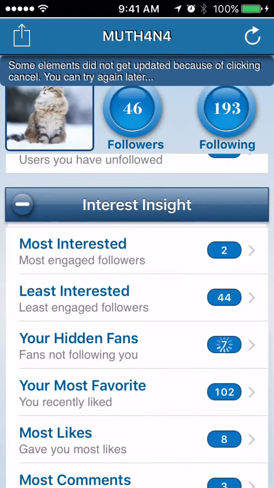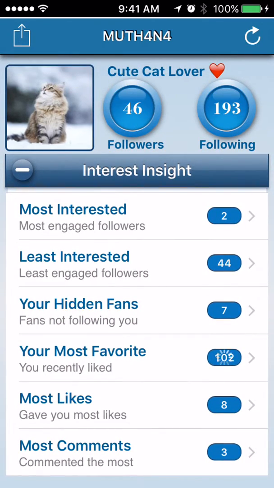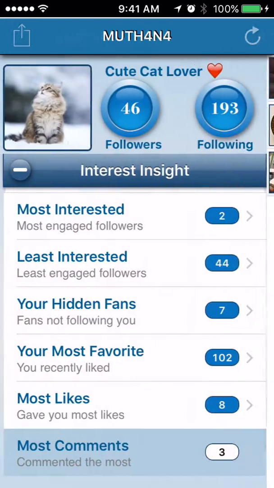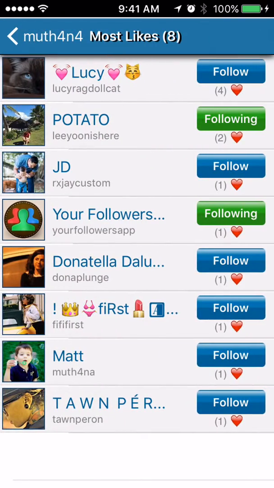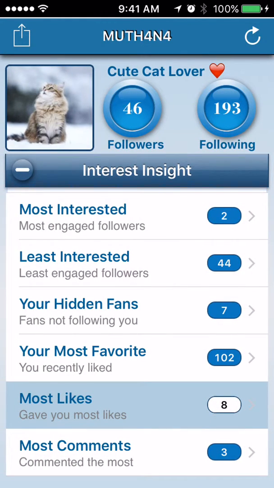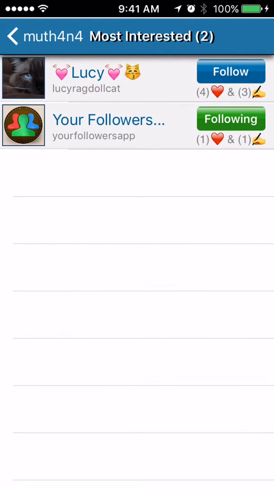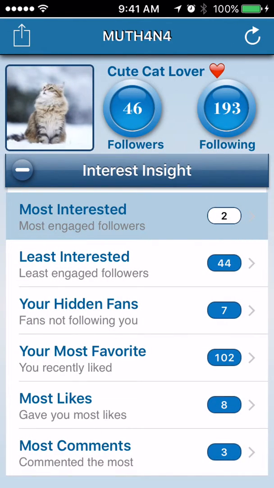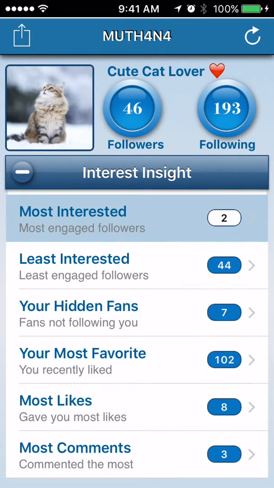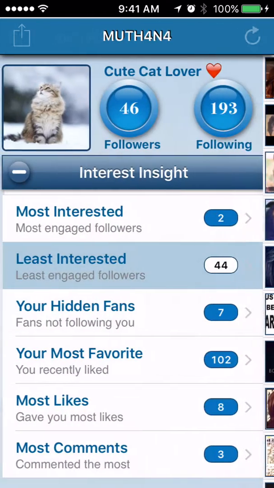And this is the interest insight. As you could see, it gives you some information, like who's giving you the most comments, and who was giving you the most likes, and who was giving you the most comments and likes. So businesses could know who's engaging more in their activity on Instagram, so they could target those individuals. And this is the people who are not bothering to give likes or comments,